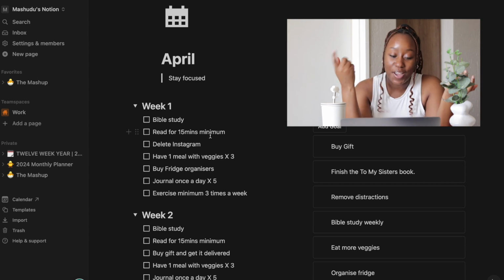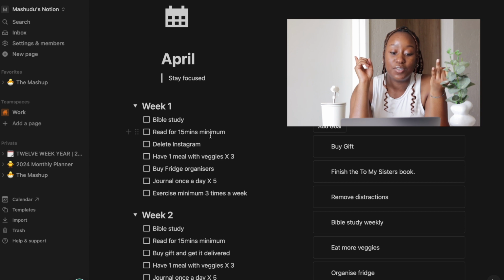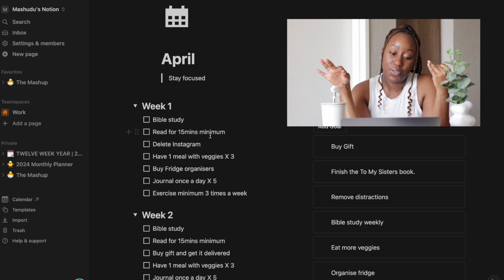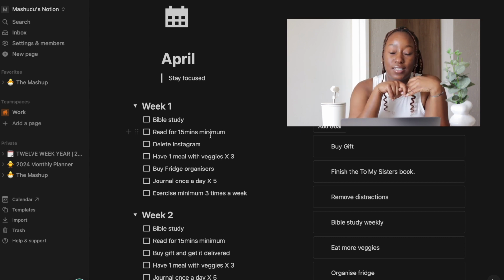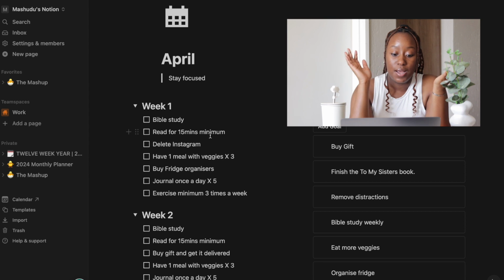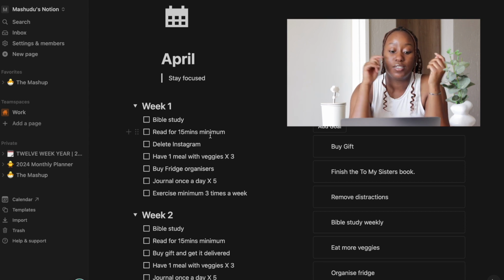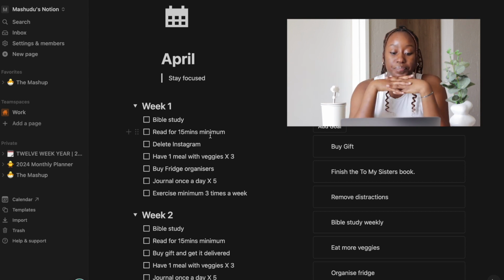So I have the entire week to do one Bible study, to read for 15 minutes for the entire week minimum. I could do more. And delete Instagram, which is not even a task. Have one meal with veggies 3 times in a week. Buy fridge containers. Journal once a day, that is like daily for 5 days basically.